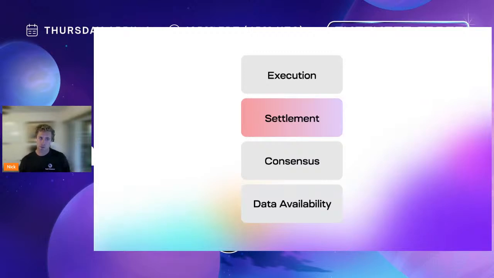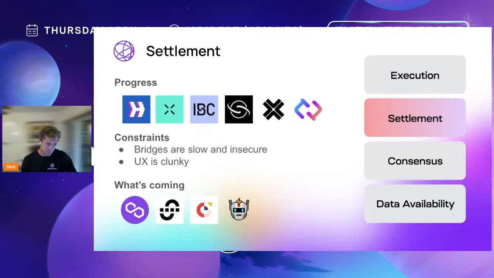It's basically overcoming fragmentation, is the way to think about the settlement layer. And we're definitely going to need that if we're in a world of a million rollups. So where we are is, we have a lot of cool bridges. I think there are a lot of cool committee-based bridging solutions.